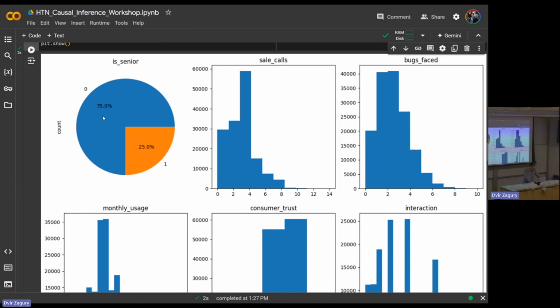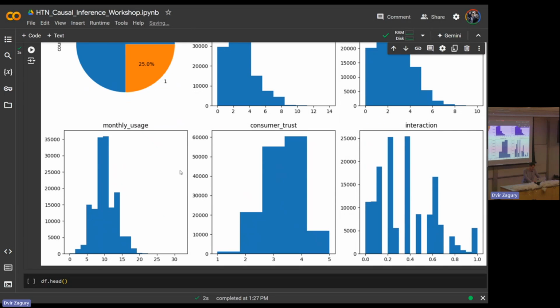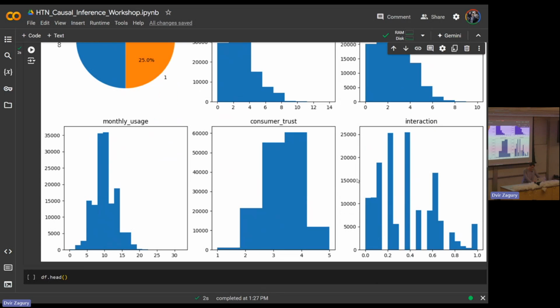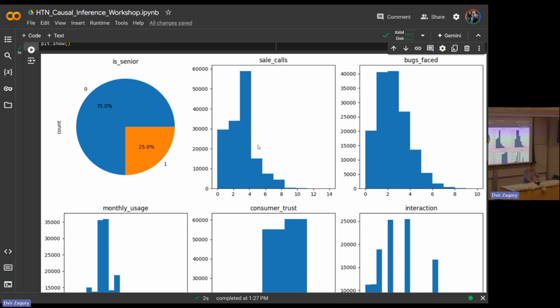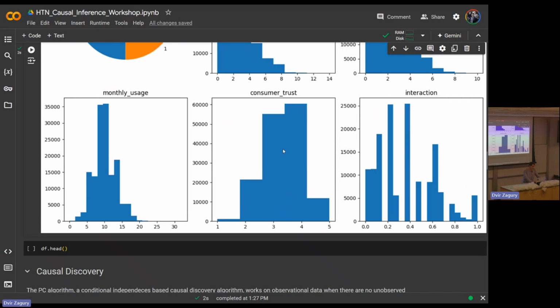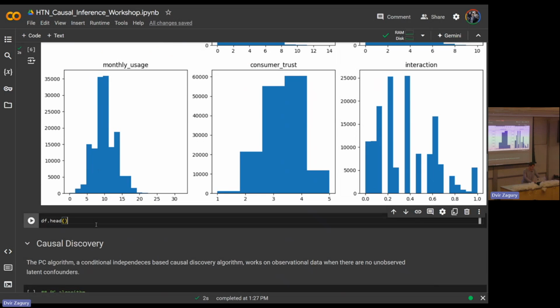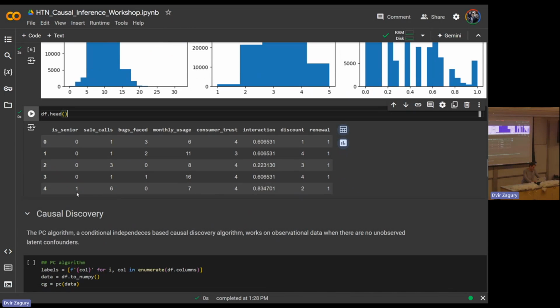The first one, we see that about 75% of people are not seniors, and that a lot of the data isn't exactly normal. And this seems a bit weird also, and this is definitely skewed. This is also, there's all kinds of stuff we can see here. And so let's look at our actual data, or at least some samples of it, and we can try to